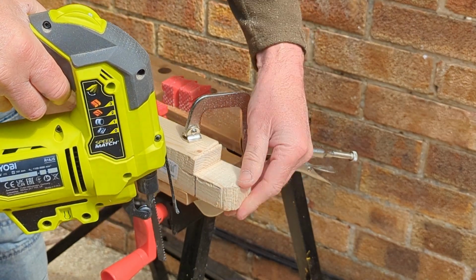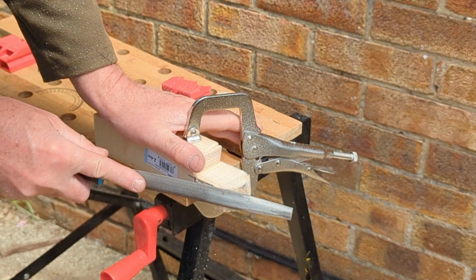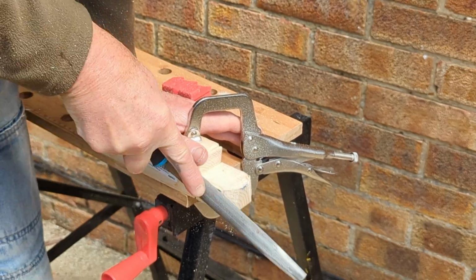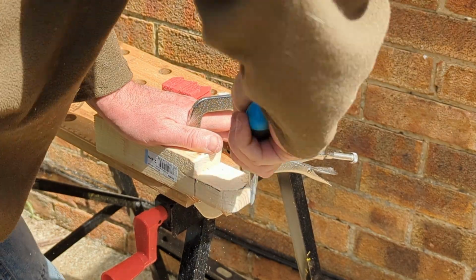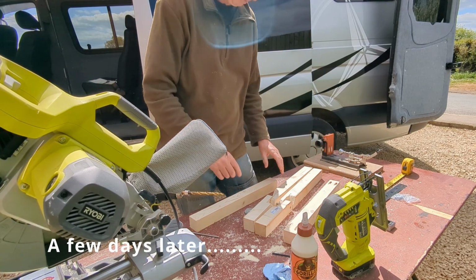Not pretty, but it's done the job, kind of. And then I'll just... a friend of mine came round the other day to give me a hand, and he lent me this trestle